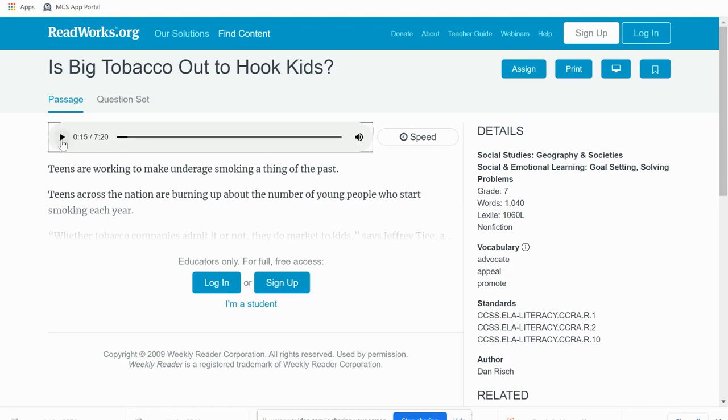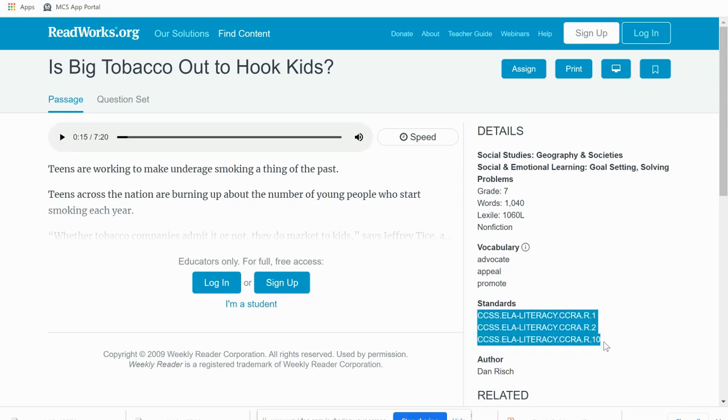All right, so as you can see, she is reading the entire text. And then again on the side, just in case your supervisor comes in and says, well, how does this relate to anything you are doing? Right here on the side, it gives you the state standard. So this is reading 1, reading 2, and reading 10. You can be very specific and say, this is exactly the standard that I was hitting, that the purpose of me providing this article to my student is because I wanted them to know this, this, and this. On the top, I know I said that this is a 6th grade article. It is, but I happen to hit 7th as well. So it is aligned actually with 6th, 7th, and 8th.